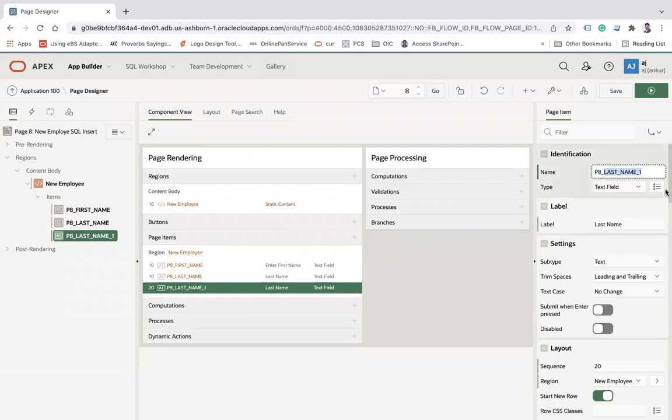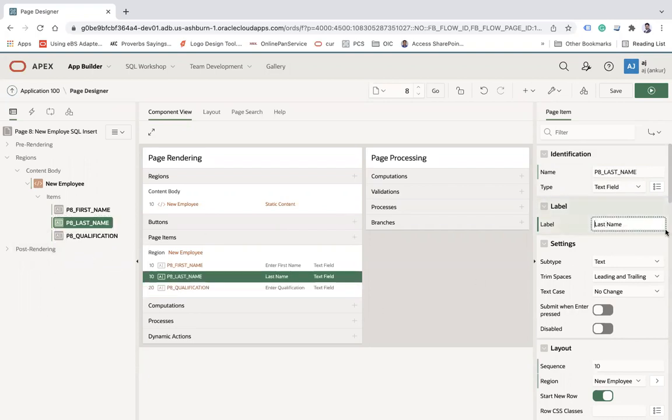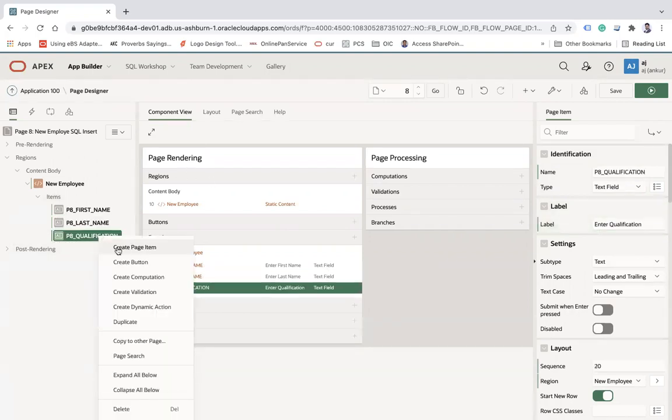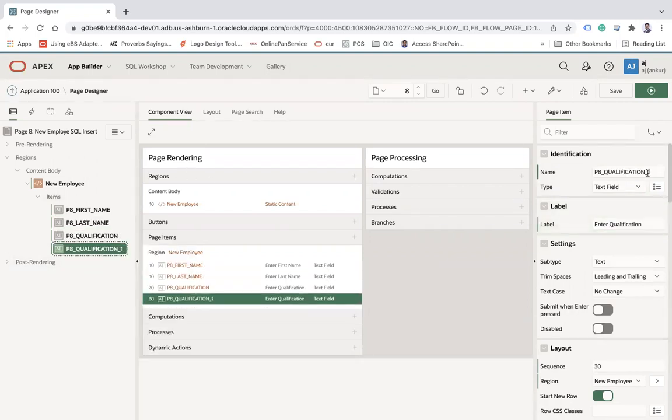I'm making this a qualification, and here I will say enter qualification. And let me say enter last name. I am going to create another field, duplicate, and that will be email address.